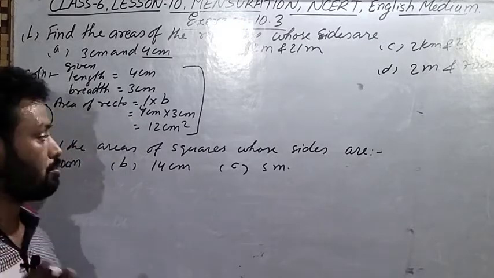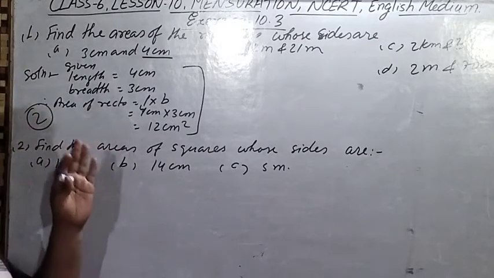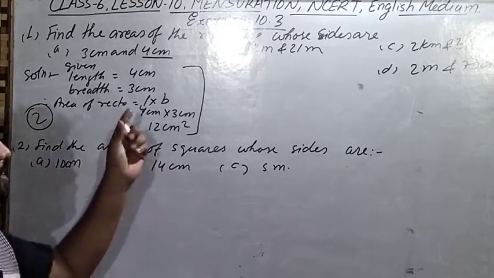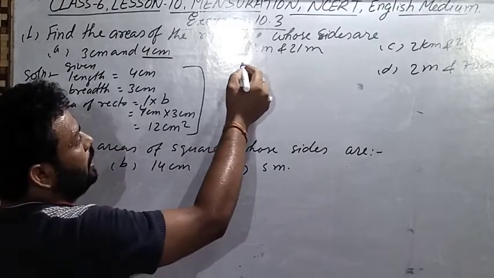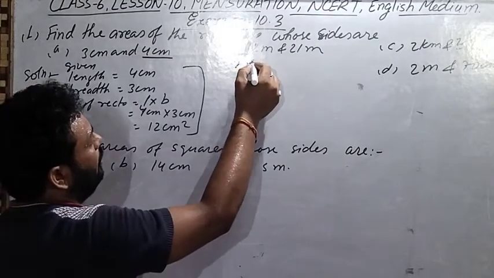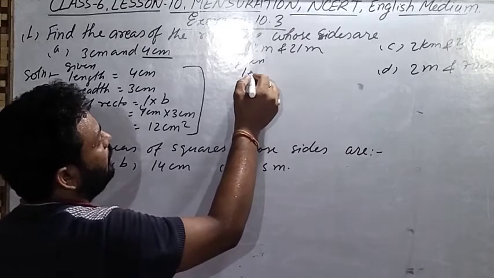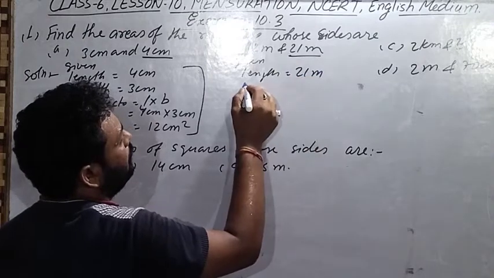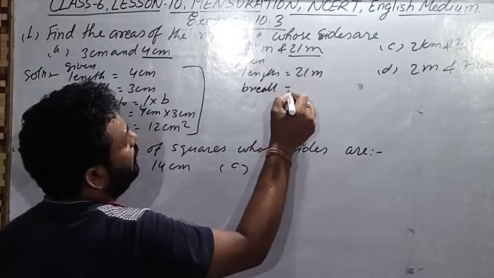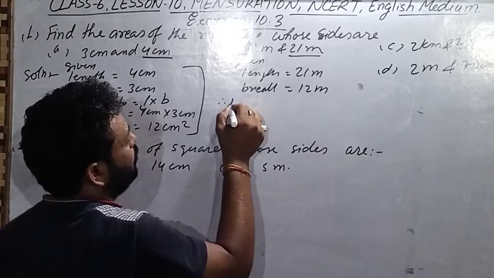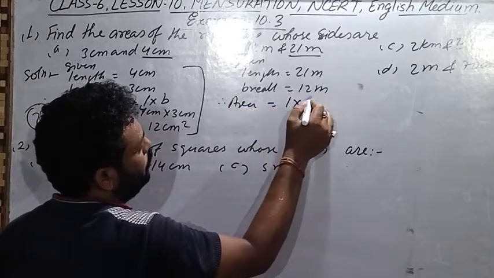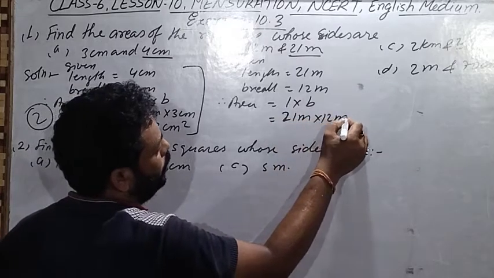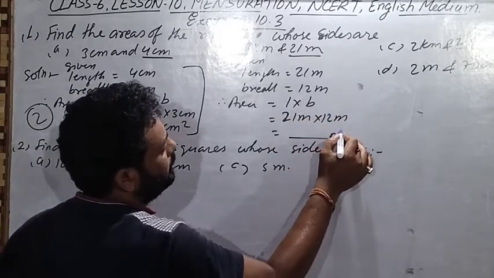मीन्स अगर 2 नंबर का क्वेश्चन है, 3 नंबर का क्वेश्चन है, तो आपको 3 में 3 मिलेगा. कहीं भी आपको 1 नंबर आपके टीचर नहीं काट सकते. इस तरह से आप बनाइए. So in the same way you will write given length, greater side is length, then breadth 12 meter, write formula, area is equal to L into B, then put the value, solve it, you will get the answer.